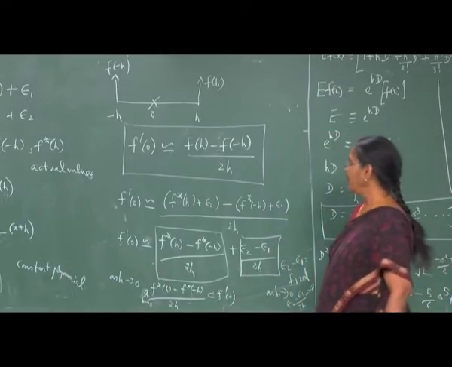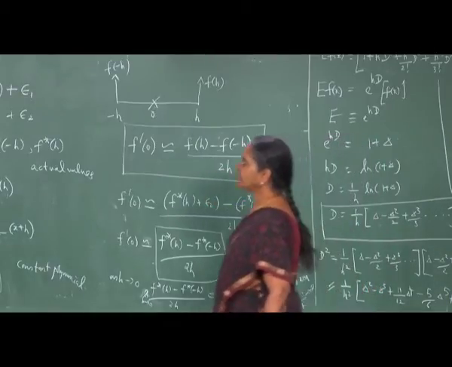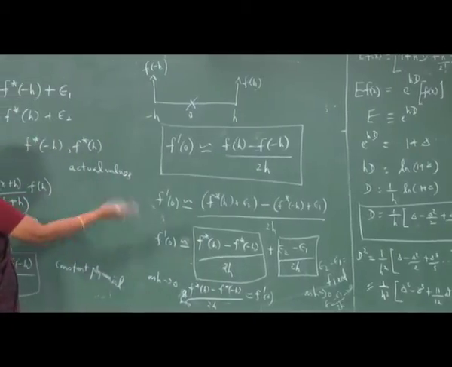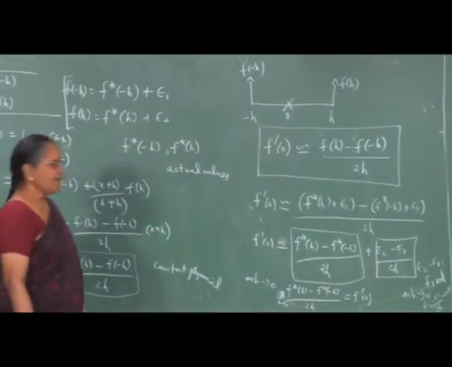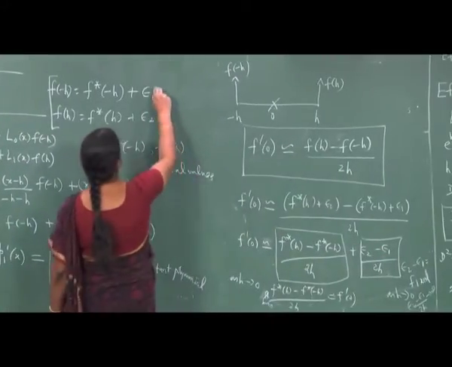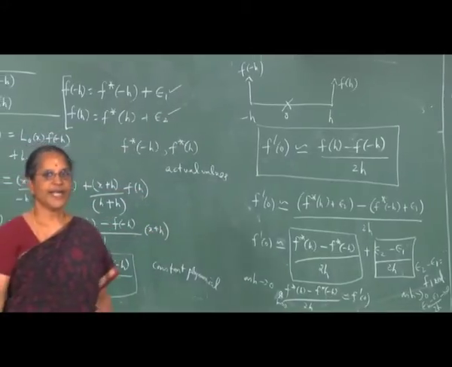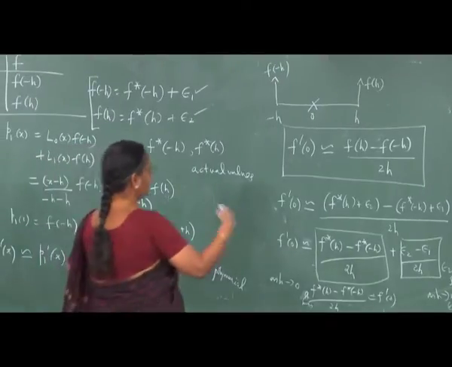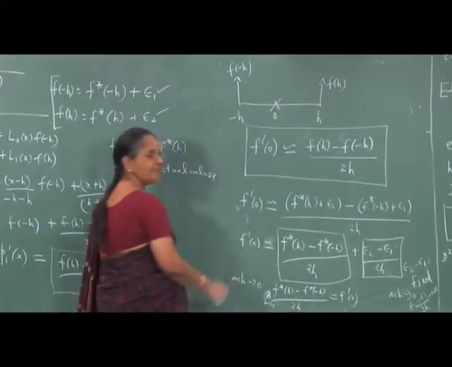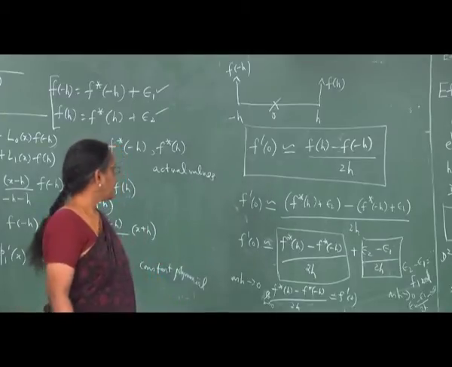So, this example essentially illustrates the fact that numerical differentiation formulas can become unstable, namely for small changes in the actual values of the form epsilon 1, epsilon 2, they are very small, you get large deviations in your final estimate of the derivative when the step size h becomes very small,